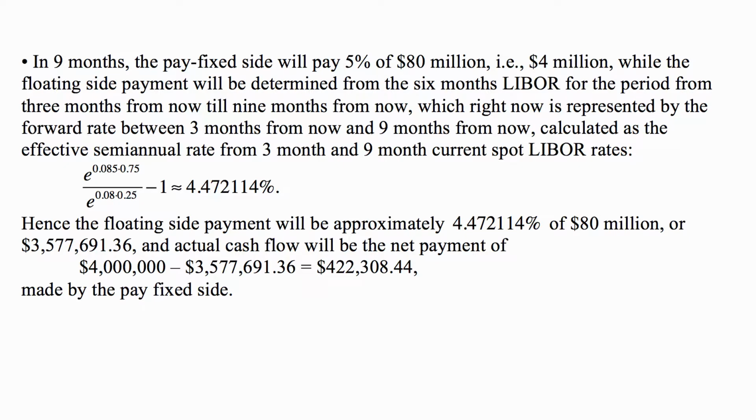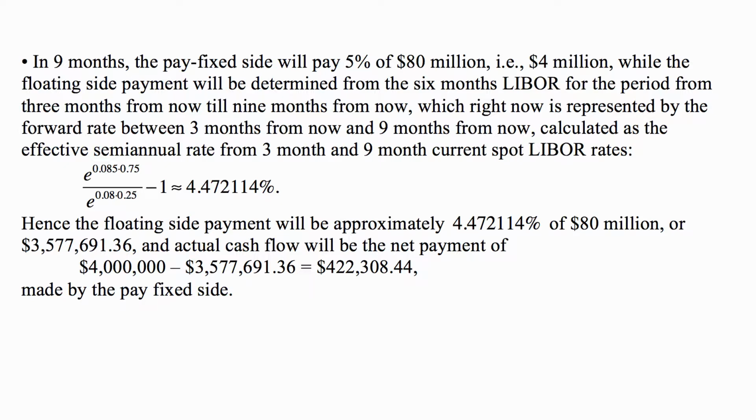Now, in 9 months, the pay fixed side will pay, again, fixed payment, 5% of 80 million. That's the effective rate over half a year on the pay fixed side. While the floating side payment will be determined from the 6 months LIBOR for the period from 3 months from now till 9 months from now, which right now is represented by the forward rate between 3 months from now and 9 months from now,